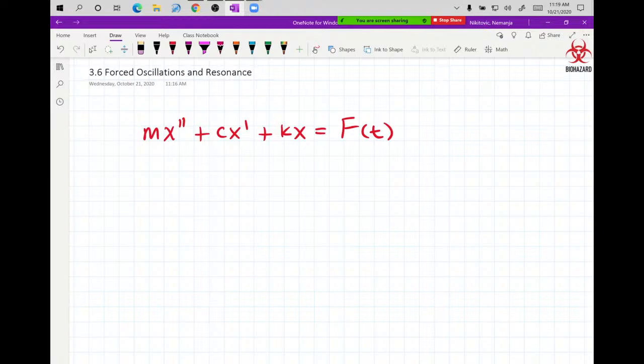We calculated the amplitude. So all of that stuff is going to be repeated now, because now we are adding this external forcing, some kind of a function that is going to act on the system and supply it with power. So we have again damped and undamped depending on the situation where the motion is happening. So we start with the